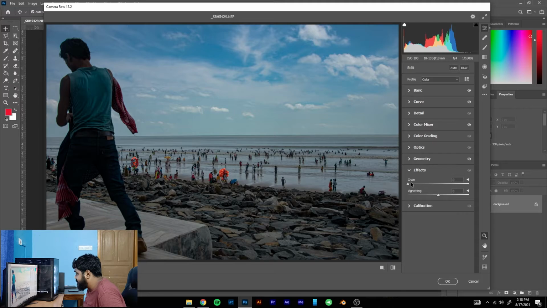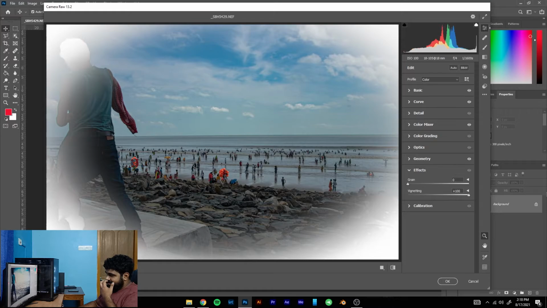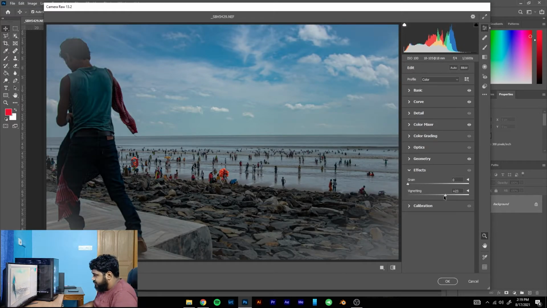Then you have the effects panel, which can add grain, right? And you can manipulate the size of the grain or the roughness of the grains. I don't want any grain, give it 0. And then you have the vignetting effect, and this is where you see it more properly. If you go -100, it adds a dark vignette. If you go to +100, that's a white vignette, and then you can, of course, be careful with it, and